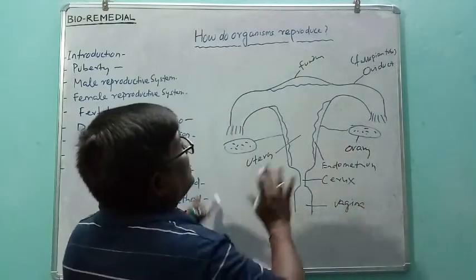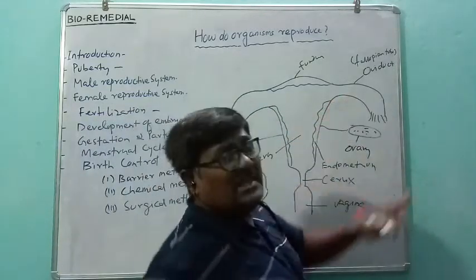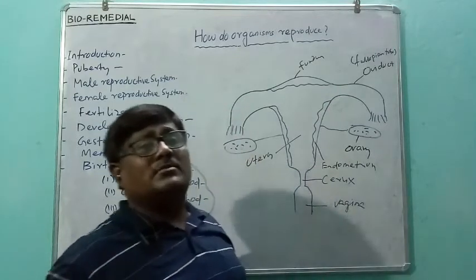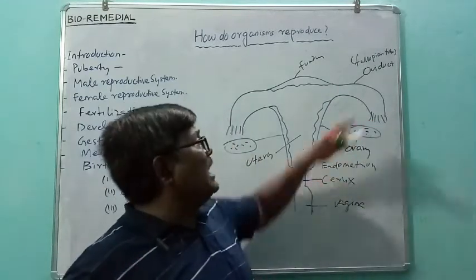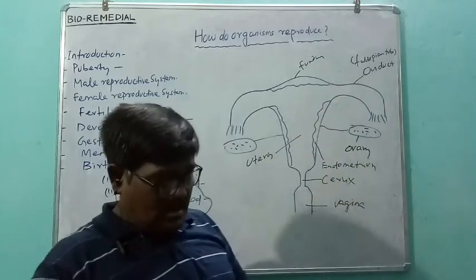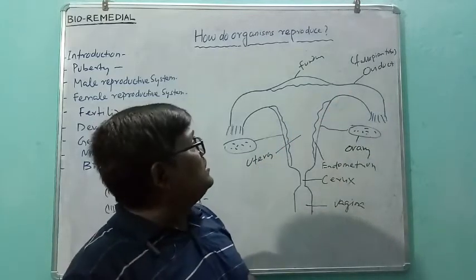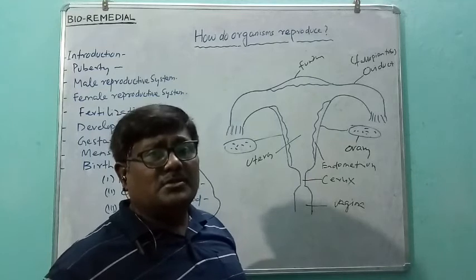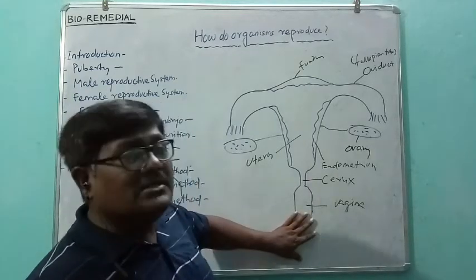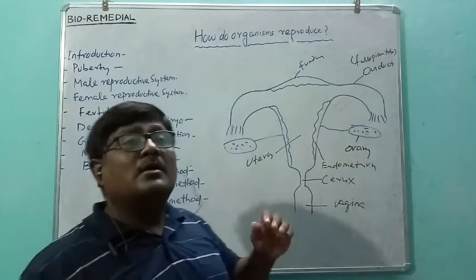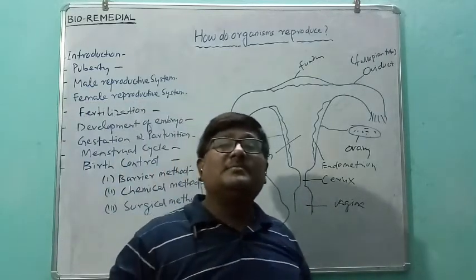Now, actually, this oviduct has 3 different regions. In higher classes, you will also understand. One part is called infundibulum, then ampulla, and then isthmus. Okay. So this is the rough diagram of the female reproductive system, although I am not that good in diagram. So actually, the vagina is the passage where the semen is injected into the female body.